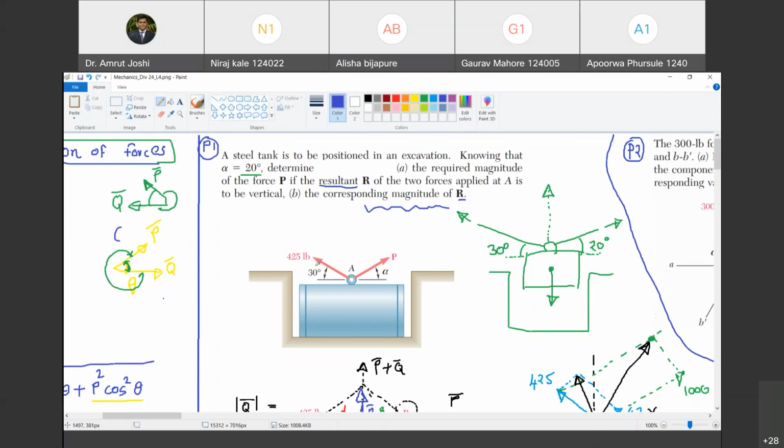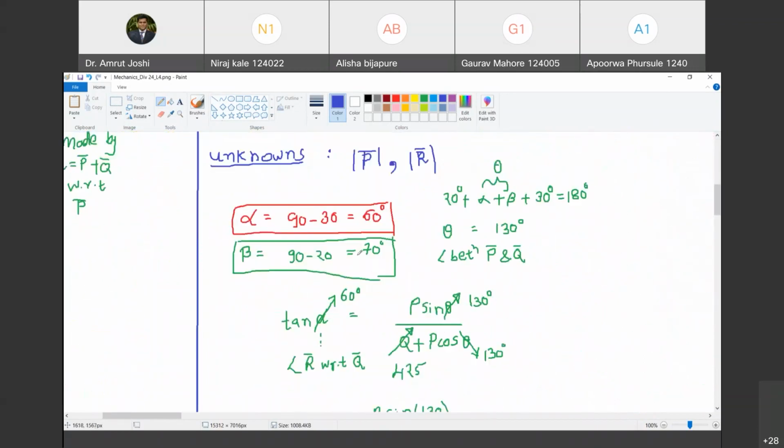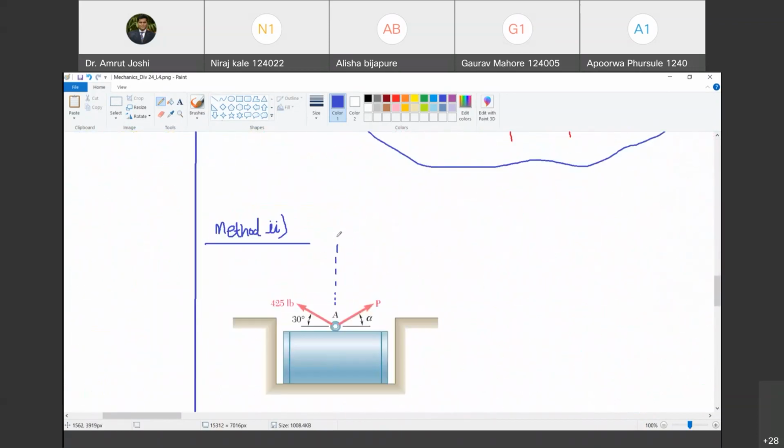And that needs to be vertical is the question, is the narrative set in the question. Are you with me? Okay, so naturally it is said to us that this vertical direction we are going to choose as one of the directions, and I am going to call it Y. I could have as well called it X, Z, whatever you want, but right now I am calling it Y. Are you with me? And now if we are solving the problem by rectangular components, naturally this direction I am going to call X. Happy?